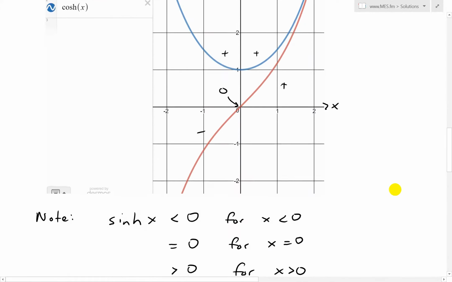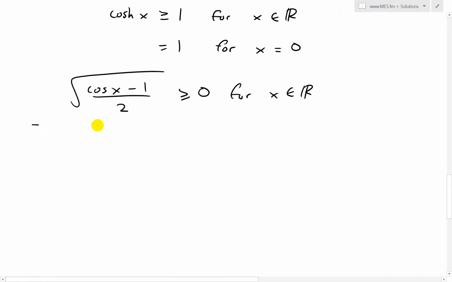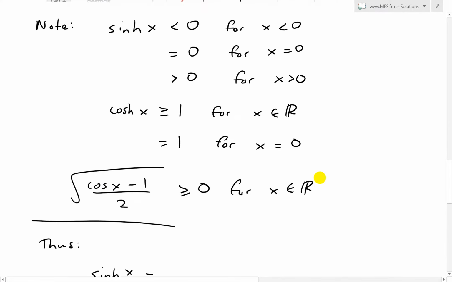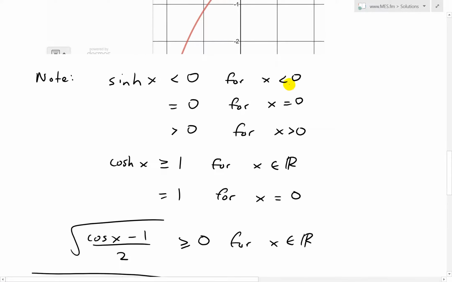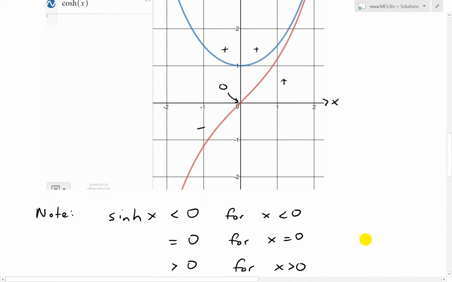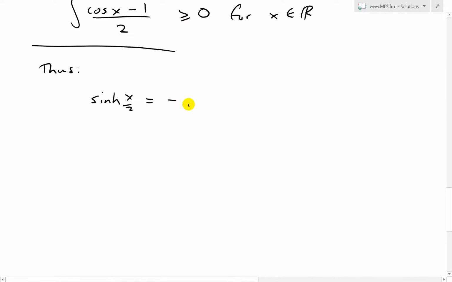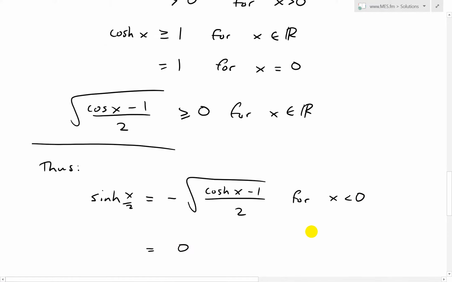So thus when we put this all together, what we end up having is, I'll write, thus for the half angle identity, sinh x over 2 equals, when we look at this, when x is less than 0, it's going to be negative, because we have the plus or minus, so we want to break that down. This is going to equal negative square root of cosh x minus 1 over 2. This is for x less than 0, and then it equals 0, because when x is 0,